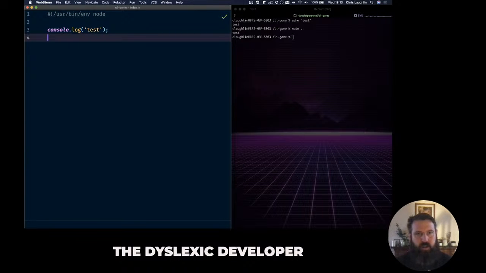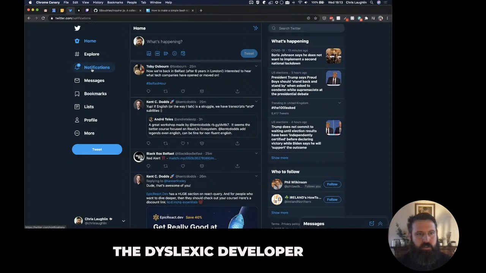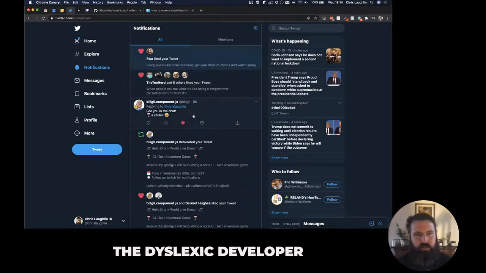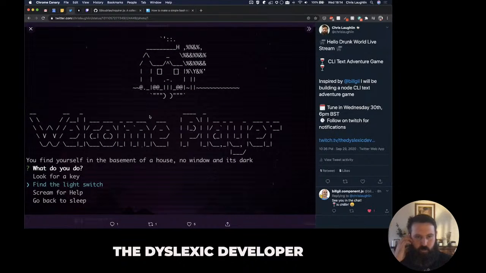But if you've seen the tweet, let's flick over to it. See the tweet, we had something like this that we were working with. We want to be able to get to that point. We're going to try and build a game that's fully in the terminal. I kind of think about something I could do with a terminal that's a little bit different, and building